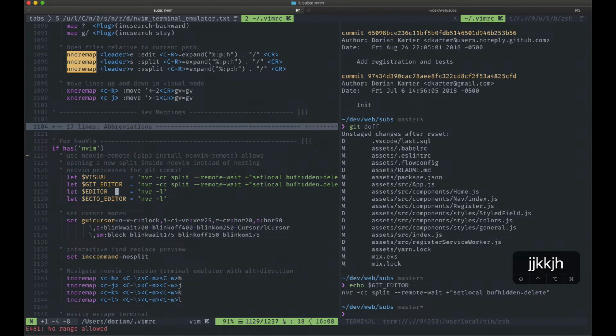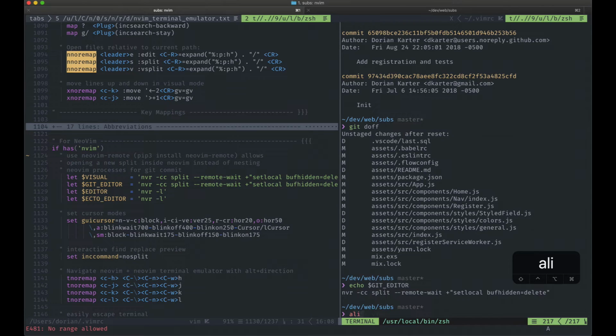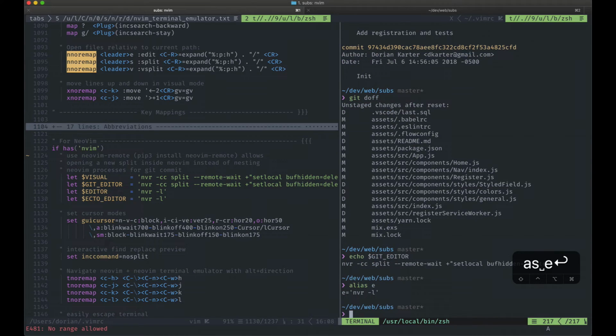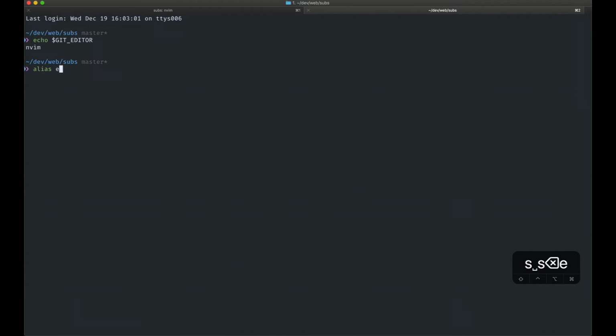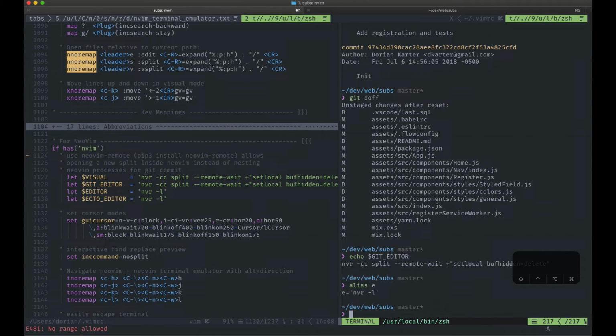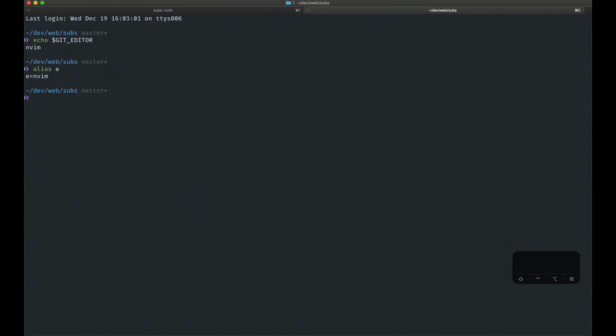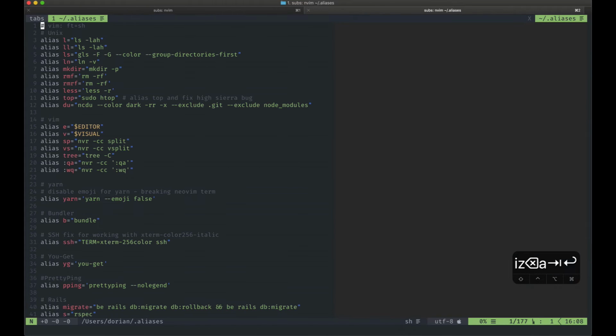My default editor is NVR -L, which just opens that on the left. So I wonder if that's also the case here. Yeah, so you'll notice that the alias E here by default is NeoVim, and over here it's NVR -L. So let's look at my aliases. So when I do alias E,